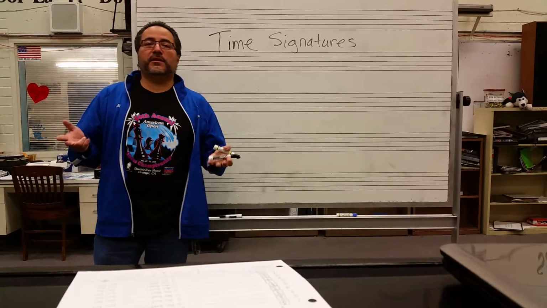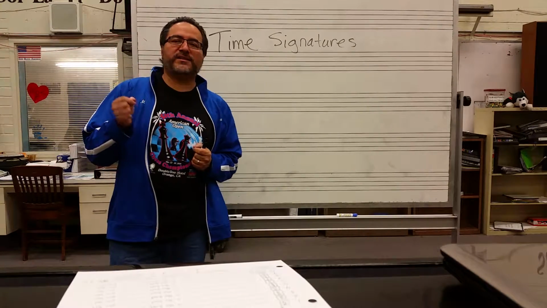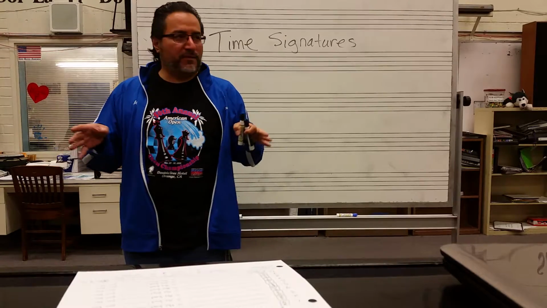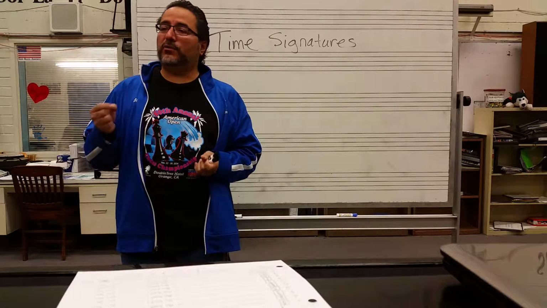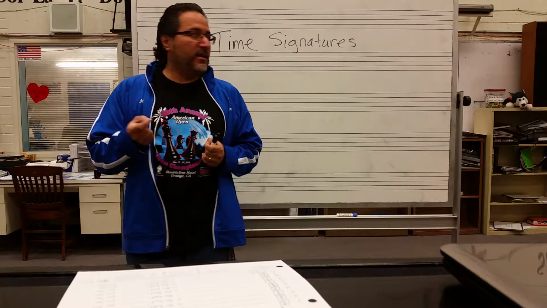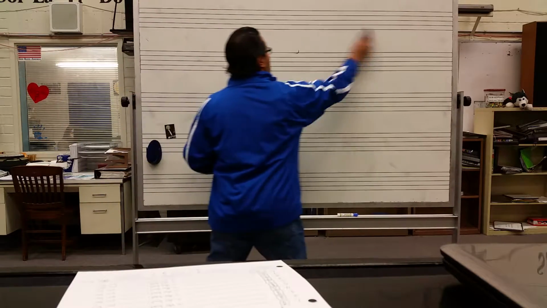Okay, so ladies and gentlemen, today we are talking about time signatures. Time signatures are what tell you which note of all the notes on the table of halves and doublings is going to be equaling or representing one beat or one count. That's basically how it works. So before we do what's on the page,